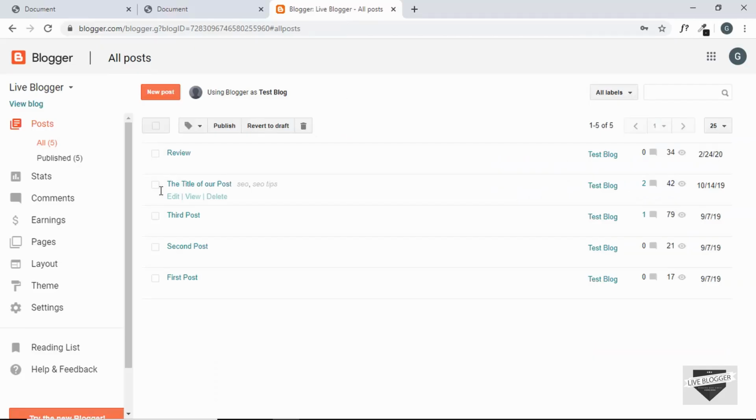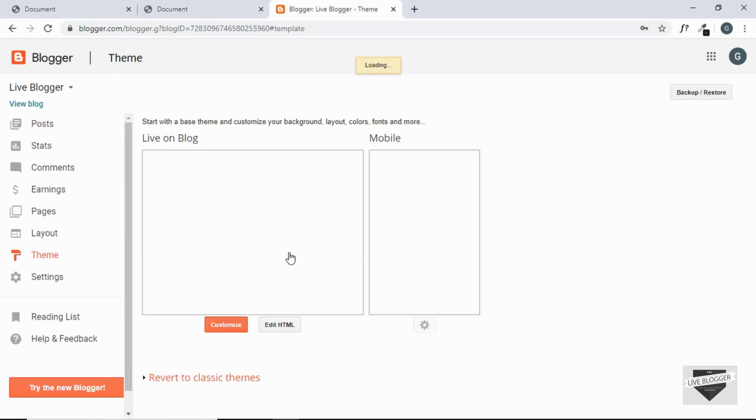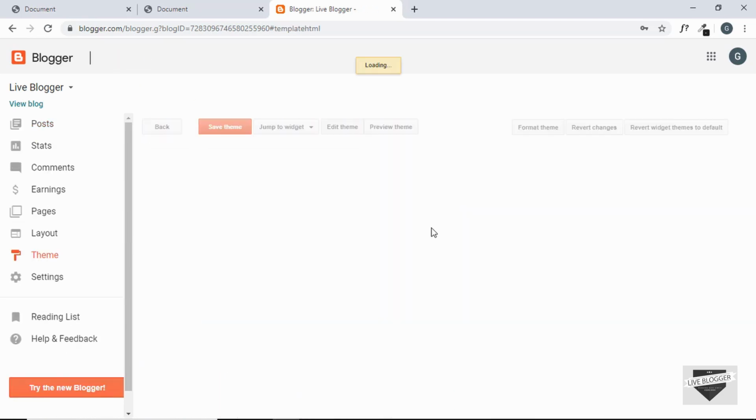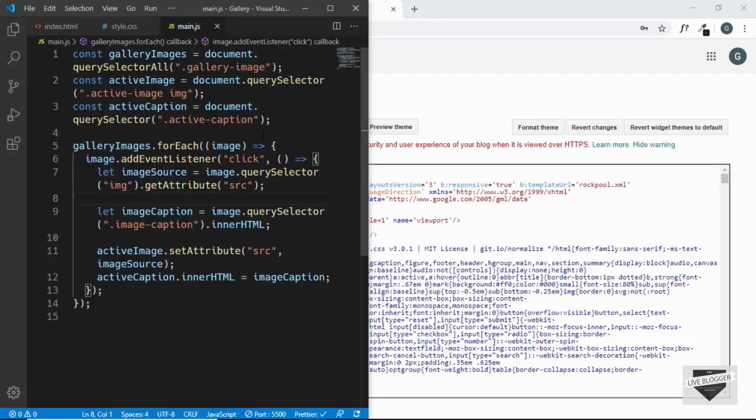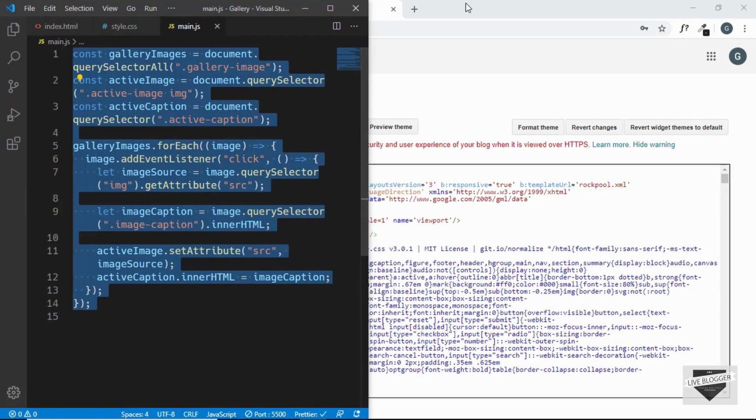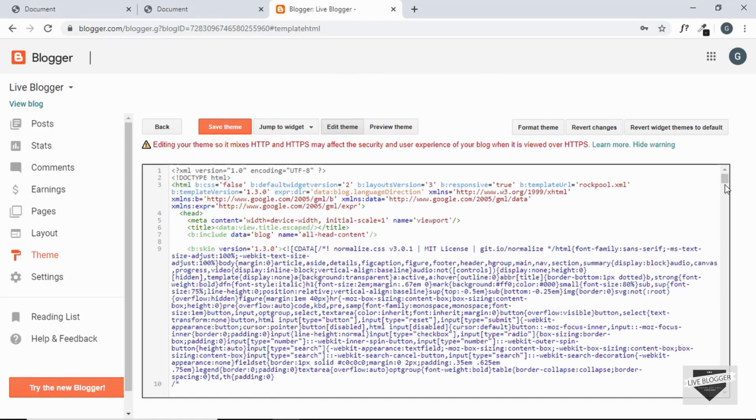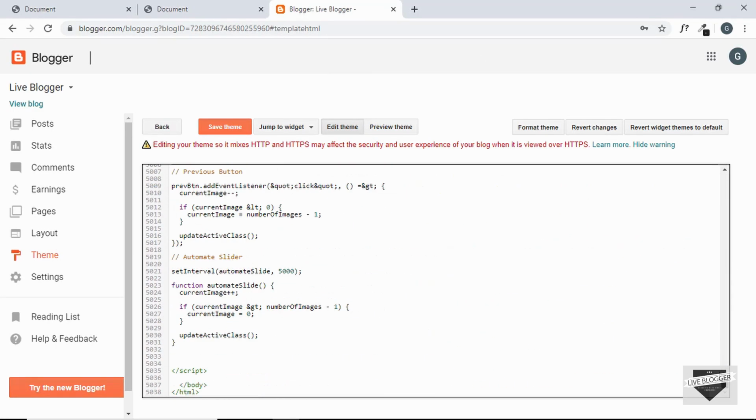Here I am in the dashboard of my Blogger website. So let's go to theme and click on edit HTML, and let's copy our JavaScript, and we'll paste it just before the body ends. So right here we'll create a comment, and we'll paste our JavaScript right here,